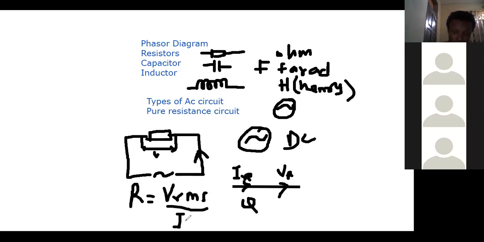I RMS. And so that is it. If you want to use the sinusoidal, for instance if you are to draw, when you want to relate them, so